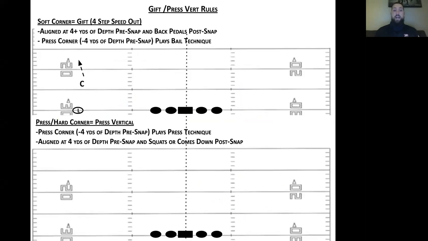You've got a corner that's at 6 or 7 off and inside. He's pedaling. We're green light on that vertical. We have some teams that like to play press bail. Some guys will line up and play press bail, but we know that through our scouting report, right?